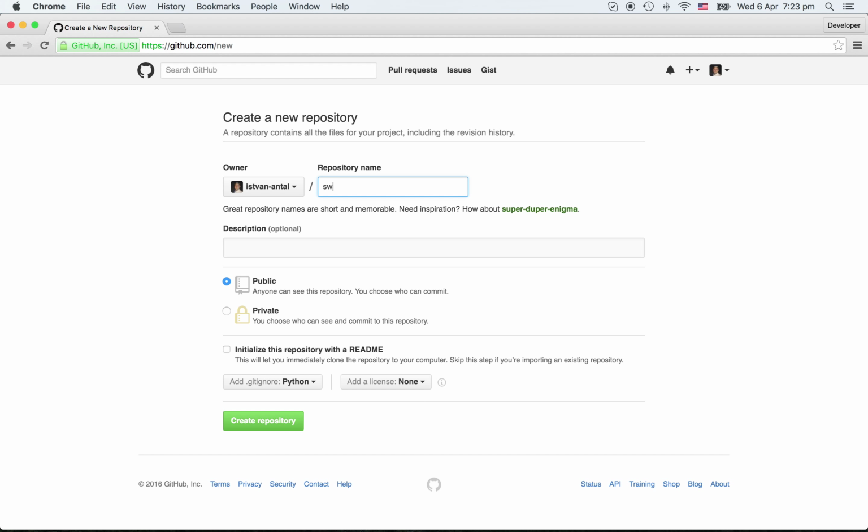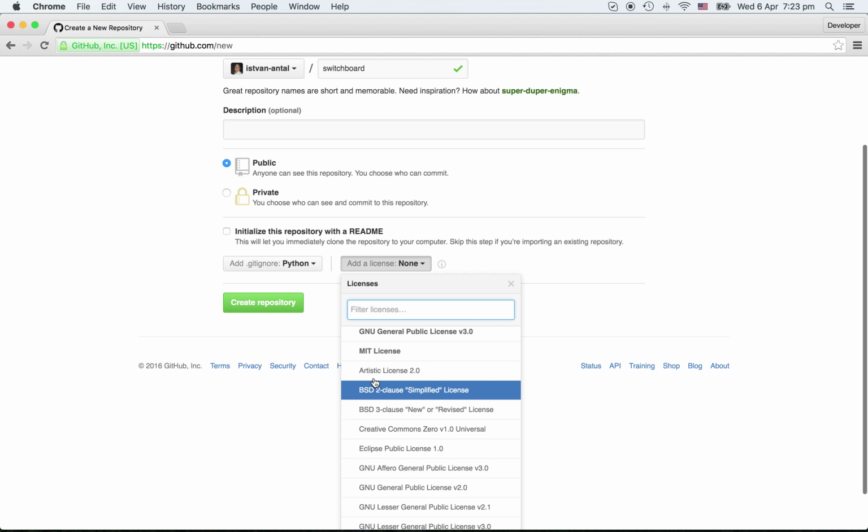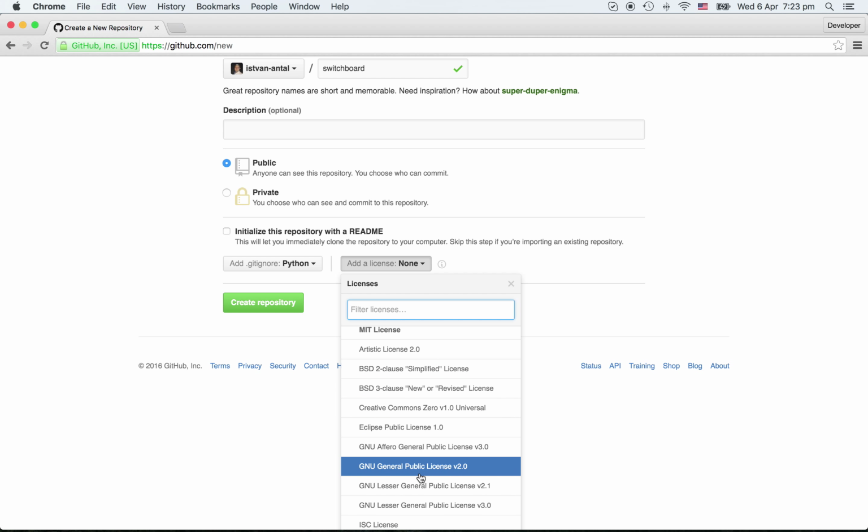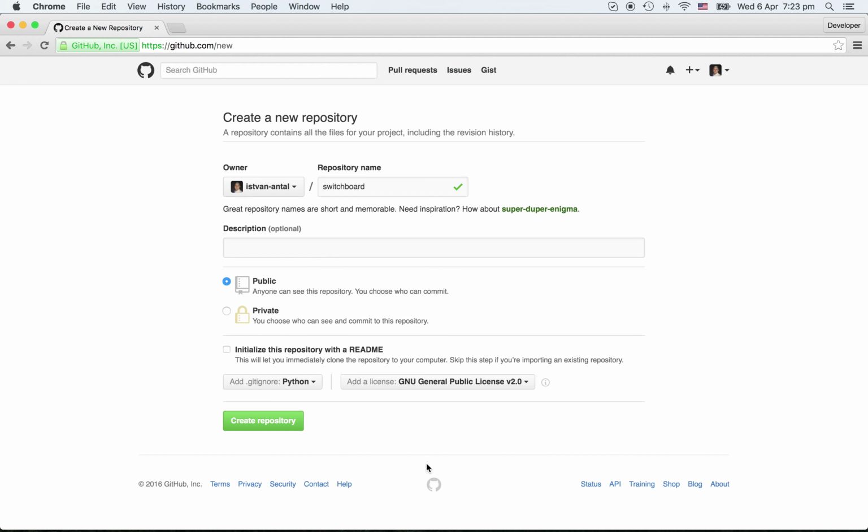So the project name is gonna be Switchboard because that's kind of what the project will do. And the license, let's see, do we want GPL or MIT? I guess GPL version 2 would be the best one because I would kind of want people to contribute back their ideas because the whole goal really is about sharing all the things that we do with this little device. So we're going to move ahead with GPL v2,